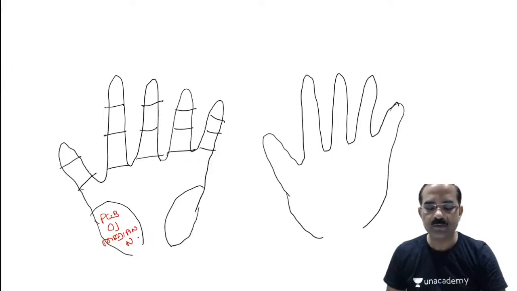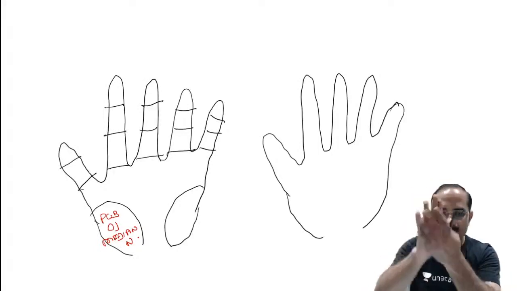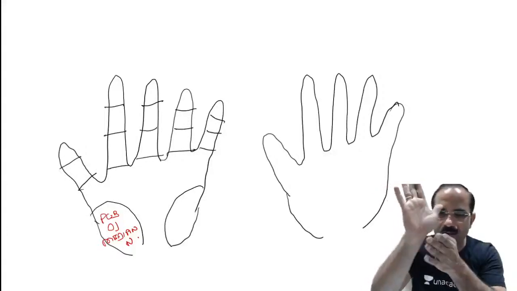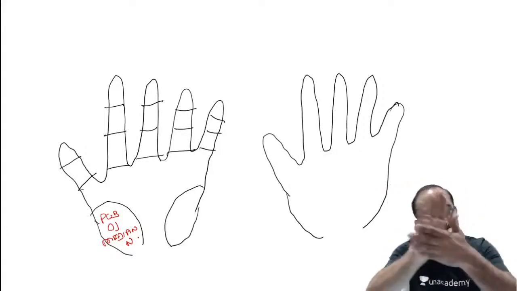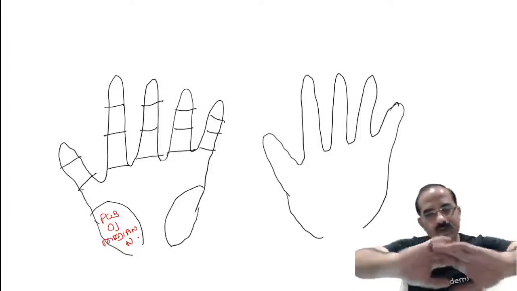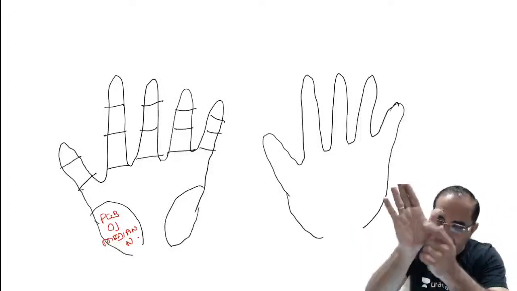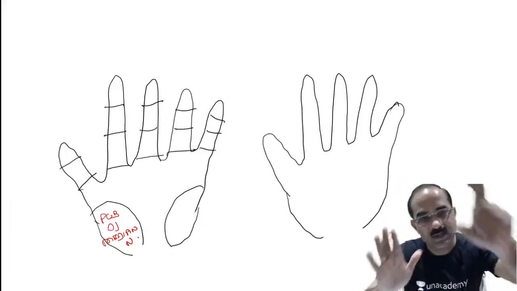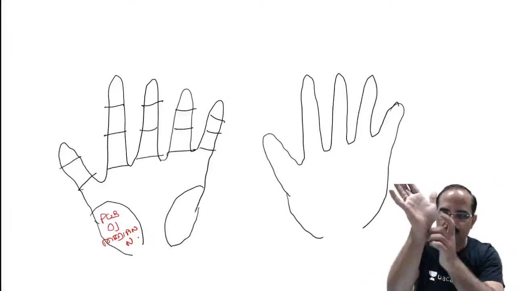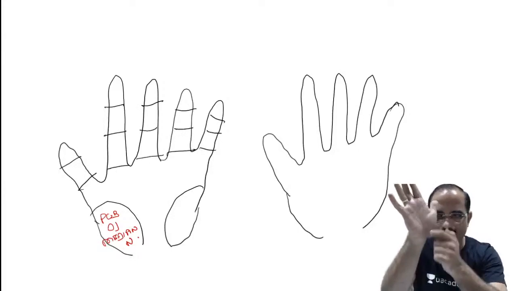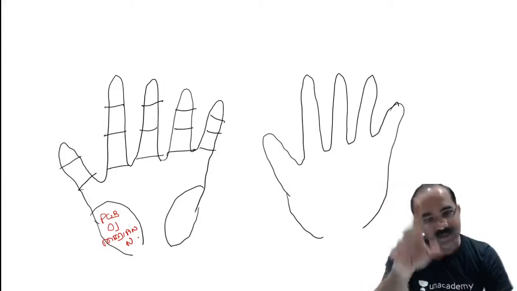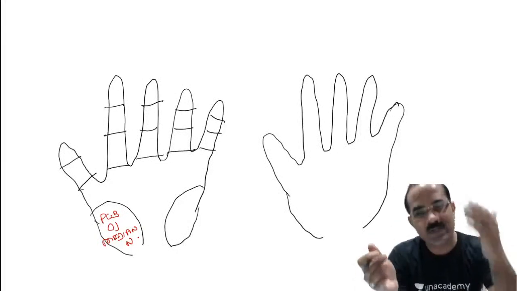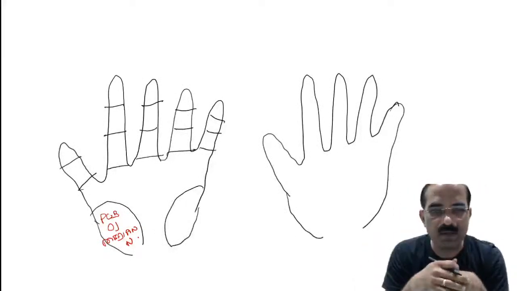Ye clear hai? That means if the median nerve is compressed in the carpal tunnel, look students, this is extremely important. If the median nerve is compressed in the carpal tunnel, whatever the median nerve supplies in the hand is lost. But ye jo sensations hain, these sensations are going to be intact. Why? Because this nerve goes above the flexor retinaculum and supplies the skin here. Are you following? And this is how we know that the median nerve is compressed in the carpal tunnel.